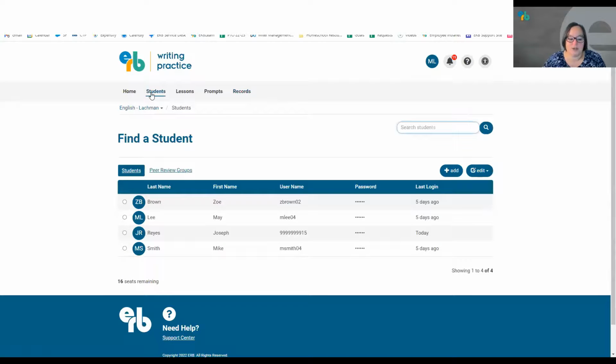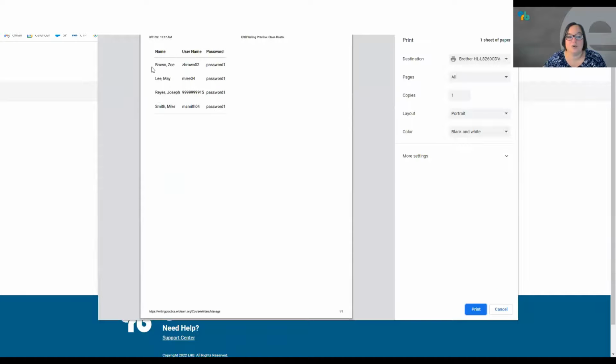If you start with the Students tab, once you've explored that Home tab, you can see the different students available in your class. In this case, there are 4 students enrolled in this class. There are 16 seats left, so this was a 20-student class that we had set up here. And there are lots of different features here in terms of flexibility in your classroom. Some neat things: if you go to edit and you go to print, you're now able to print out a list of all your students' names with their username and password. You could cut this into slips and give it to them to take home and work on their writing at home. They would have their password with them.